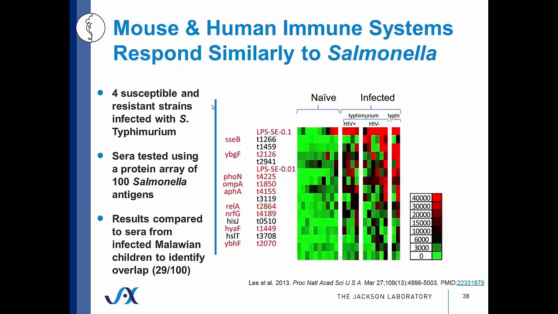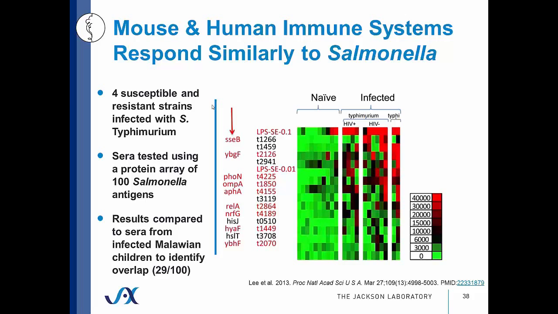They also tested serum from infected Malawian children and detected which antibodies were recognizing which antigens on the array, and then they compared these data sets to this infected mouse sera results. Using this approach, they were able to find several candidate proteins that were common between the infected children and in the mice, and so they found that the SseB protein, or the Salmonella secreted effector protein E, of Salmonella was